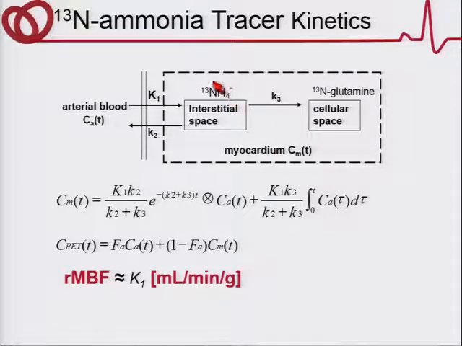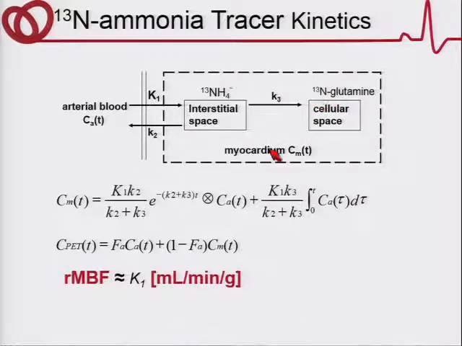Moving on to ammonia. Ammonia, the uptake mechanism is a little bit different from rubidium. The purpose of this is not to go through the math, don't worry, but simply to show you the biologic pathway for ammonia uptake. Ammonia crosses the capillary and the cell membranes as ammonium ion, and then it is trapped and converted into N13 glutamine, so it's part of the glutamine synthesis pathway. That means that it is a metabolically dependent process, and this may be more sensitive to regions of ischemia, for